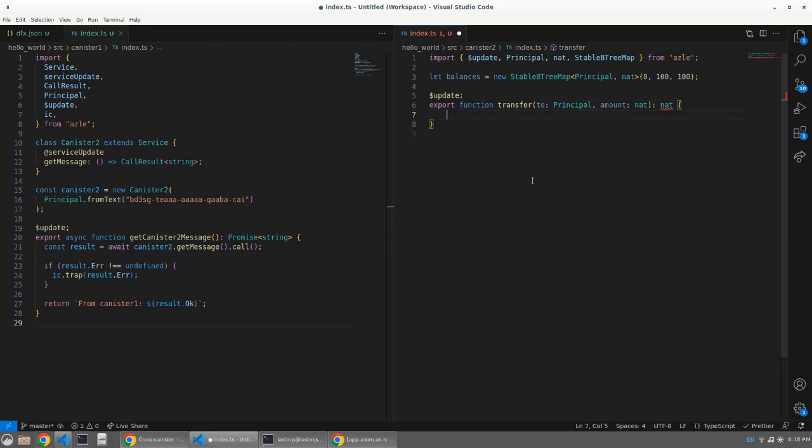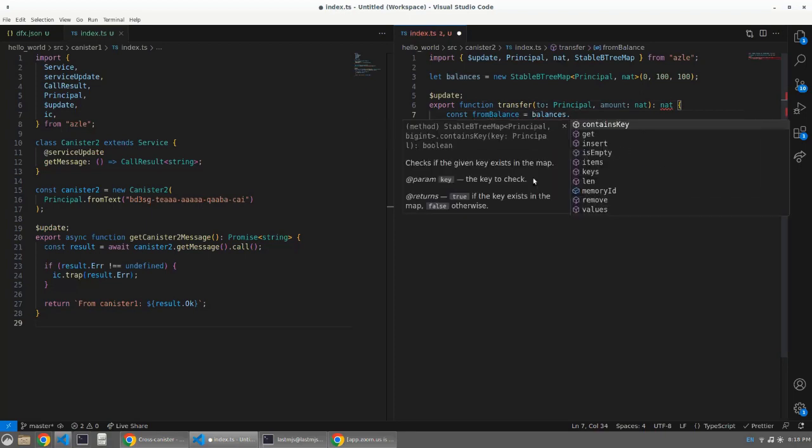And then I just subtract the amount from the from principal and increase the amount of the to principal. It's like the simplest way to think about a token or a bank account or something, right? Just transfer. So let's get our from balance. So we'll go into balances and we'll get,